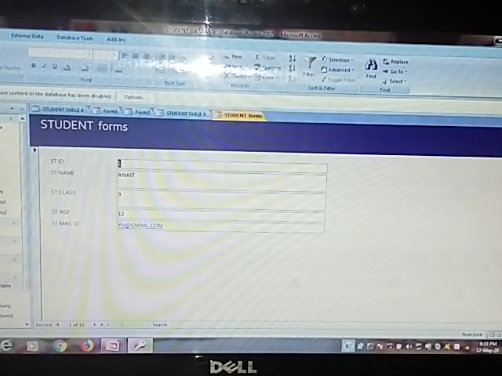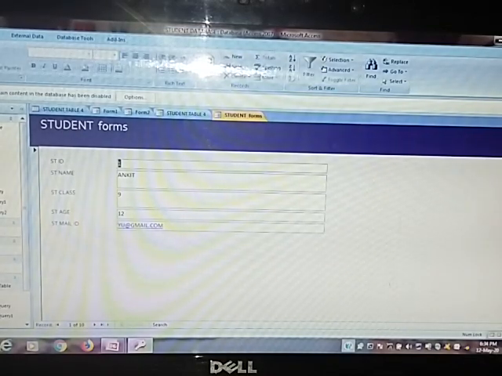When you click on the Finish button, the Form Wizard creates a form with your data also. That means in this form you can see your data also. So this is the form where you can create your forms or enter your data. There are three views to view your form, three ways to view your form. The first is form view, second is layout view, and third is design view.